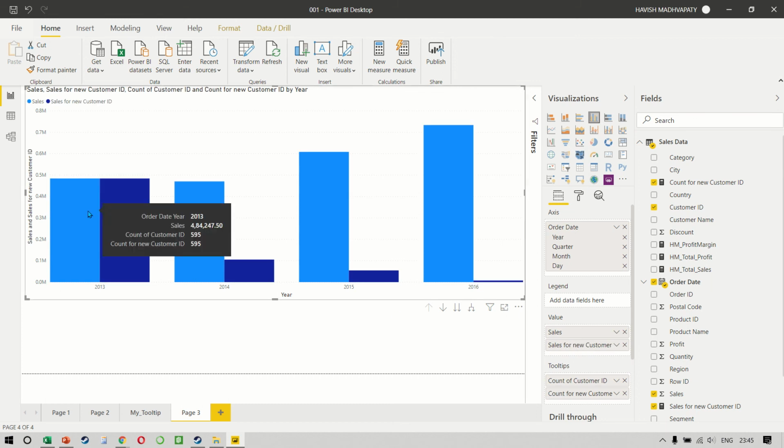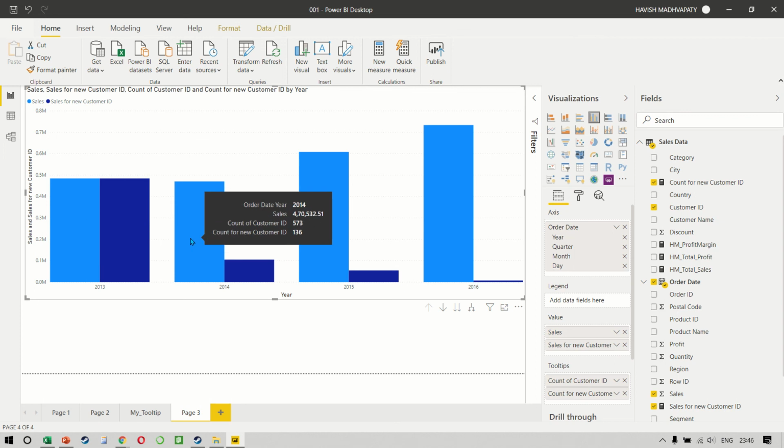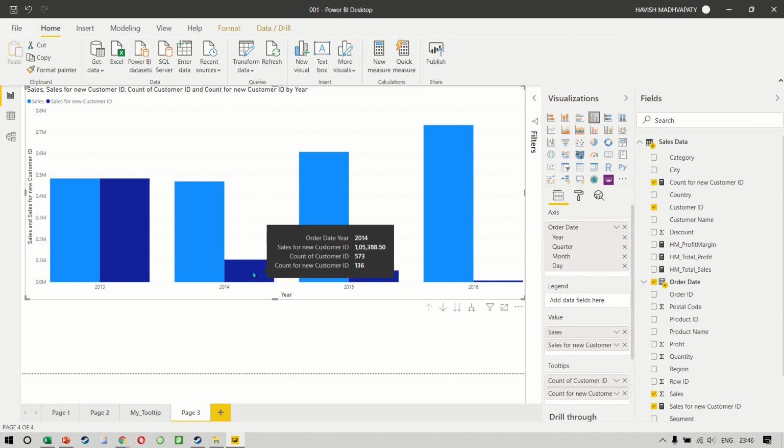So what we're looking at is 484,000 purchased by 595 customers. Now that was the first year of business, so obviously every customer would be a new customer. In 14, you get this interesting result where 573 total customers had a sales value of 470,000, but 105,000 was